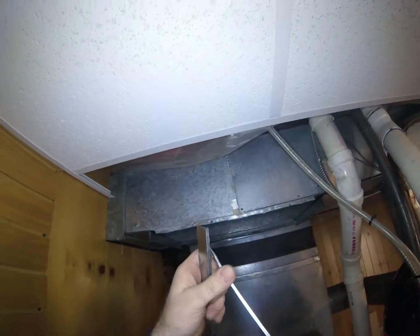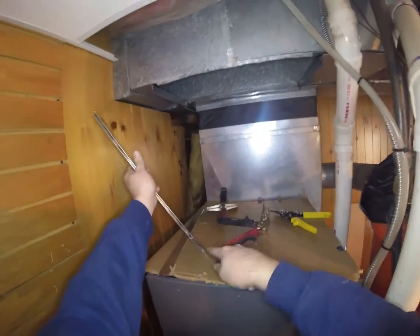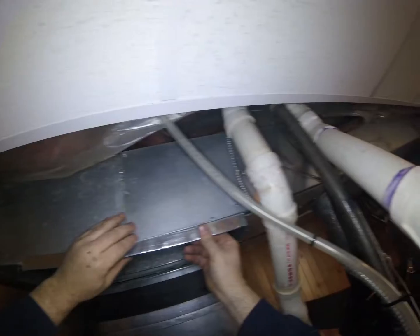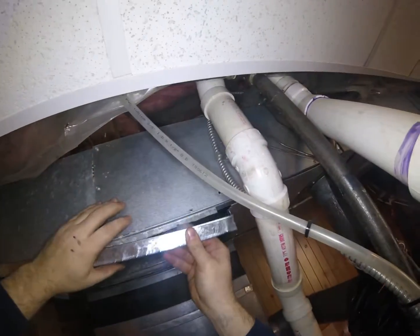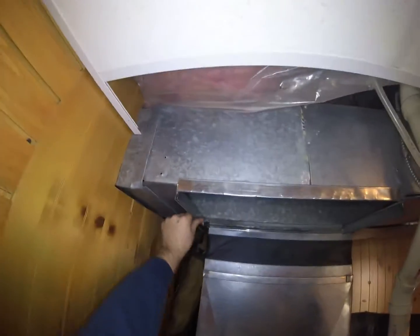$19. Now these we're going to have to open up pretty wide to get them on there. There's all stuff like that. I'd like to get it over that. I can go under. Am I not? Oh, okay. Okay. And you can see that this is up higher than this one. So